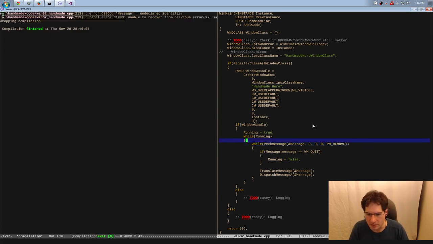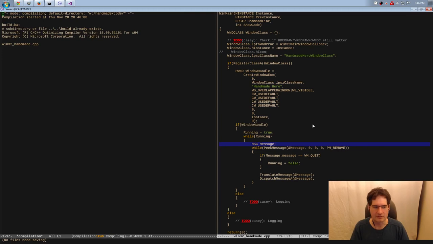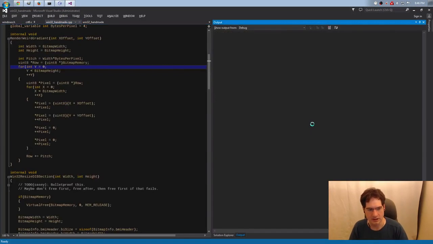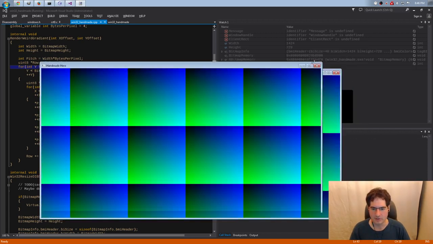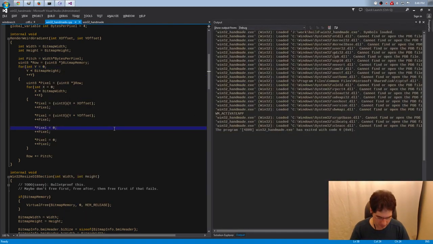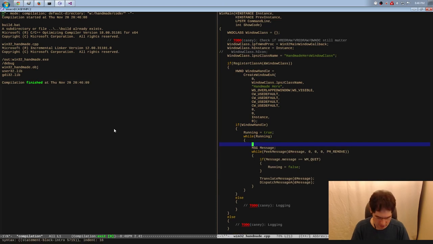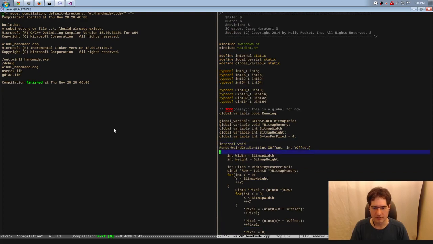Oops, we deleted the definition of the thing that holds the message. That's no good. Now, as we go, in theory, everything is exactly the same as it was before, but we are now able to repaint our bitmap as often as we want. So what we could do is say x offset equals 0, and down here we can go ahead and say render weird gradient